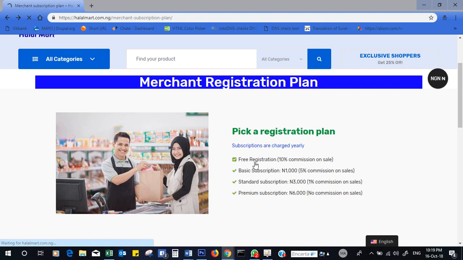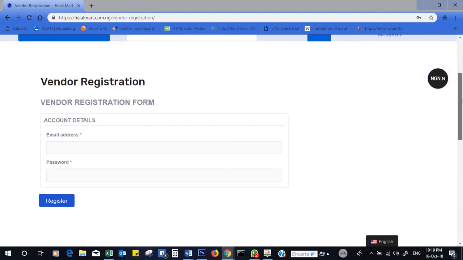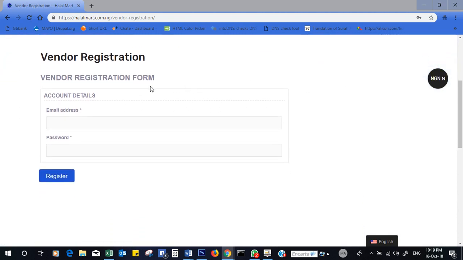Tap or click on the free registration and you will be brought down to the vendor registration proper. Remember, if you had clicked on any of the other plans that takes you to the payment page, after successful payment, you will be redirected back to this page to complete the registration. You will need a valid email address, which you will enter here. For this purpose, I'll be using my email address